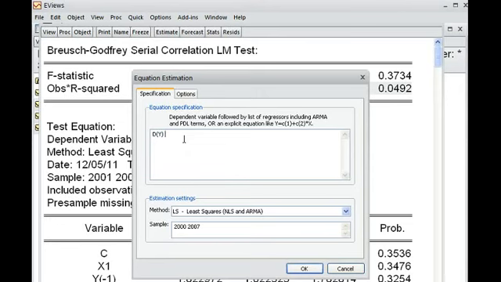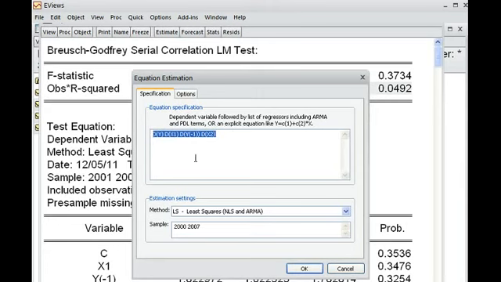Then our second variable is x1, so I put d of x1, and then our third variable is d of y lag 1, and then our last variable is d of x2.